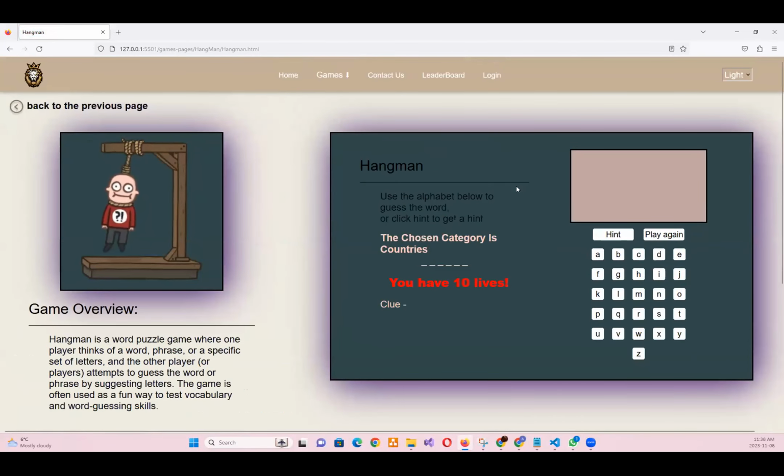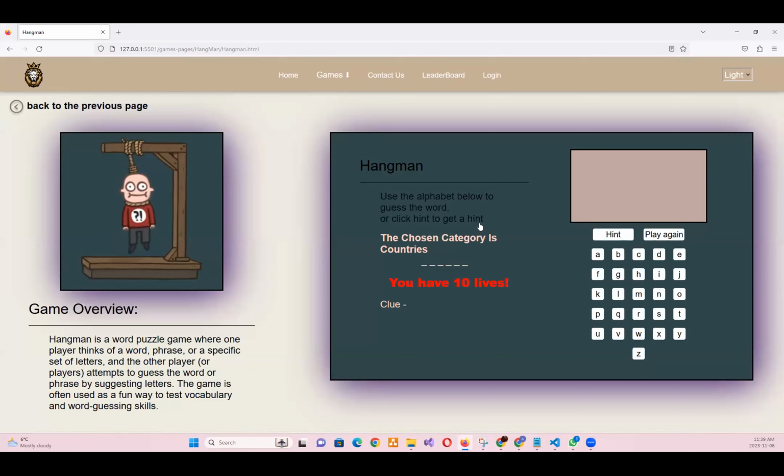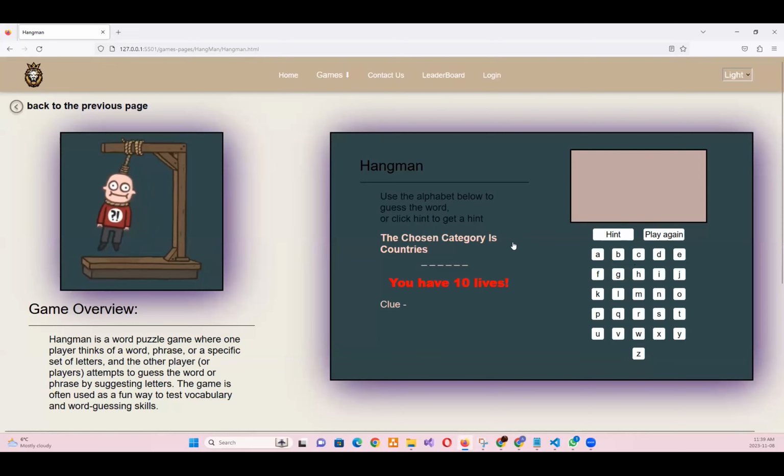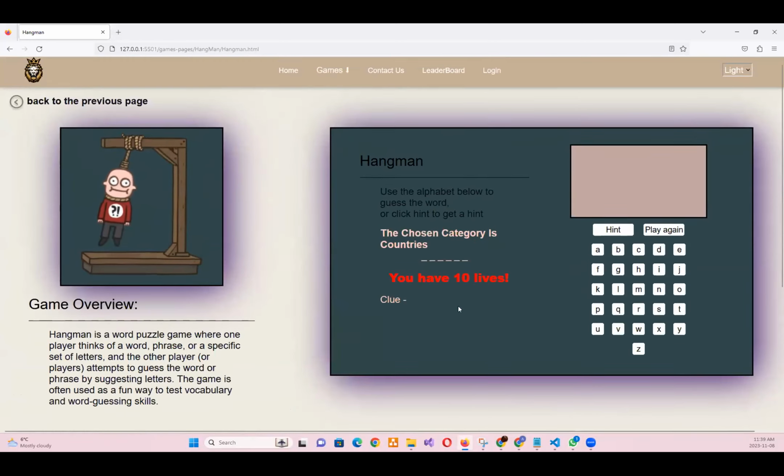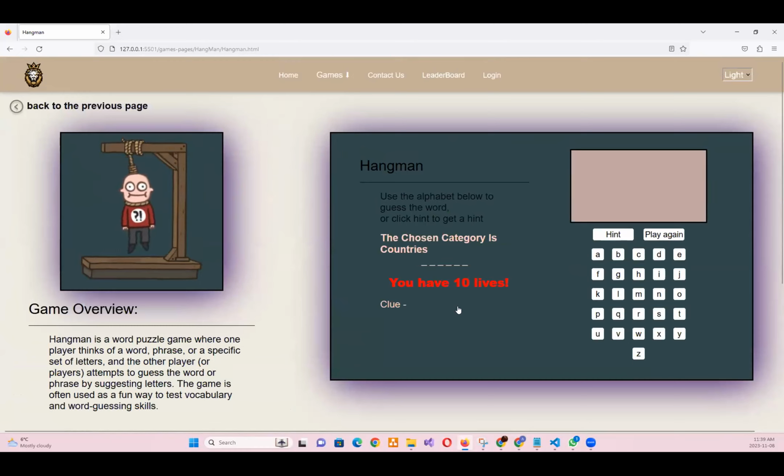I have a simple description here, and it's meant for the mobile view, because on mobile there is less space. So I wanted to give users the flexibility to start playing right away rather than read the entire thing here.